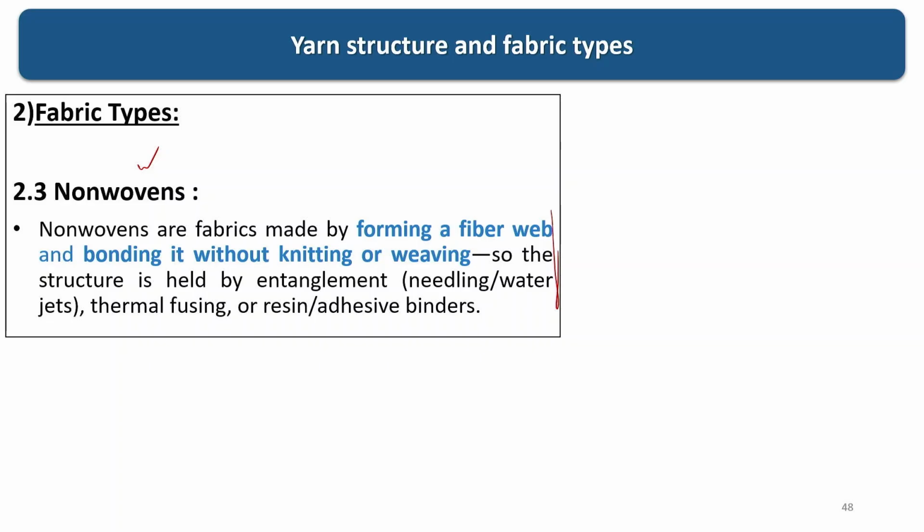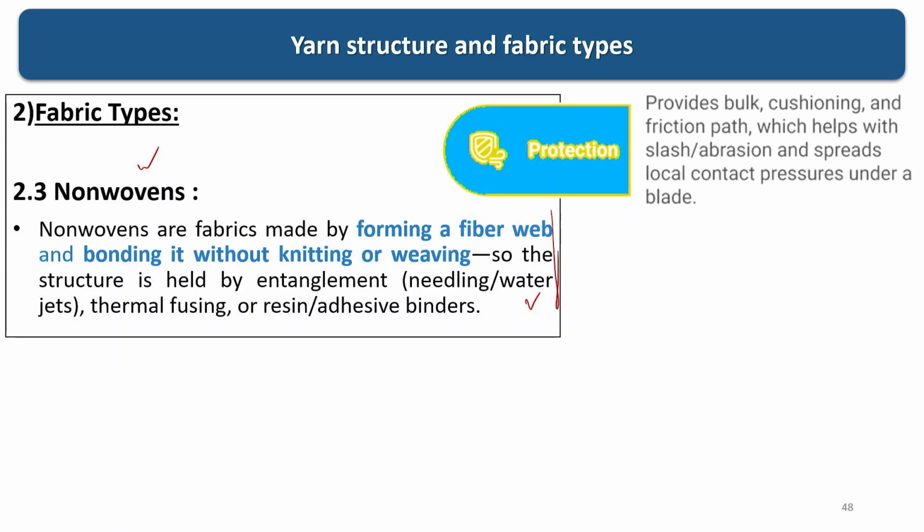Fibers are laid in the form of a web, and there are different types of entangling of the fibers, that is mechanical entanglement, thermal or chemical entanglements. And specifically the non-woven's function for cut protection is,